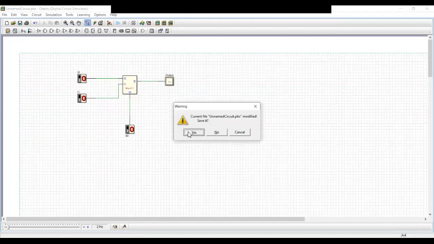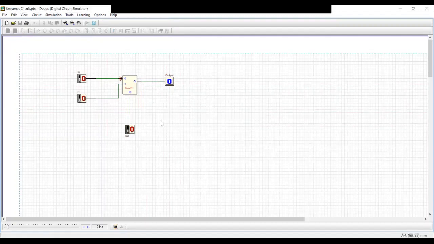Now it's time to verify the truth table for this multiplexer. As we know the working principle of a multiplexer, it's 2x1, so two inputs, one output, and you have one selection line. If the selection line is S0, then whatever input you give as I0 will be reflected as output. If you give 1, you will get output 1. If you give 0, you will get output 0. It doesn't matter what the value of the other input line is.